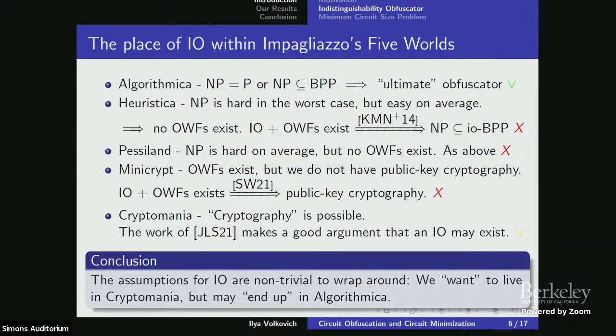Yes? But if you just say your IO is computational, then it's definitely Cryptomania, not Algorithmica, right? Because Algorithmica IO is statistical. Well, if it's statistical, it's also computational, right? You get the ultimate IO here, which in particular is computational. It's not clear how you make something computational and not statistical; you kind of have to be precise about that. But other than that, this one is also computational.